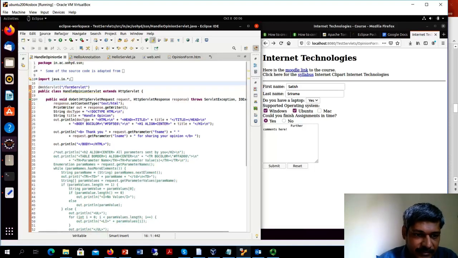And then again, I am setting response.setContentType to text/html, and I got this PrintWriter for writing the response. To the response, I am actually writing an HTML document. That is how the response is generated as an HTML document. Okay, so basically, once it is saved,